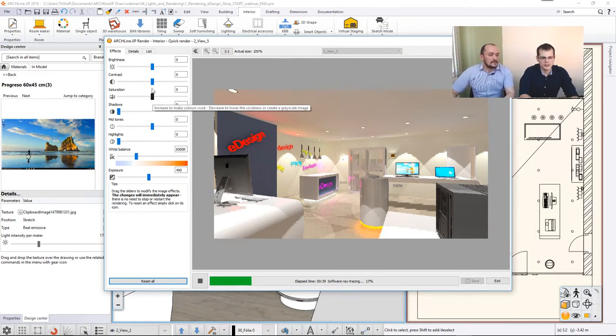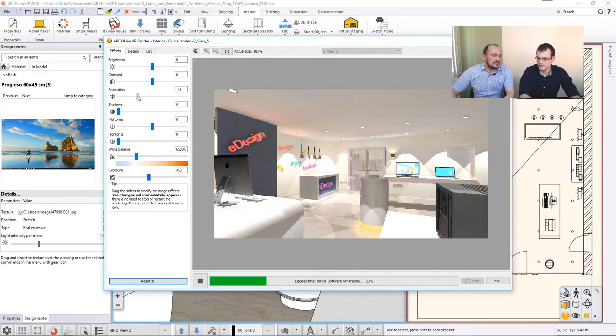all the rest. If you change the contrast down or above, you can test whether you like it or not, and if you don't like it, you can go back to the default setting by just simply clicking on this option. You can do the same with the saturation. You can oversaturate it, you can desaturate it, and you can go back to the default by clicking on this icon. You can change the shadows, midtones, highlights. You can do this all during rendering as well, and then you can just leave the computer, do your stuff, render, and then when it's finished, then you can save the image